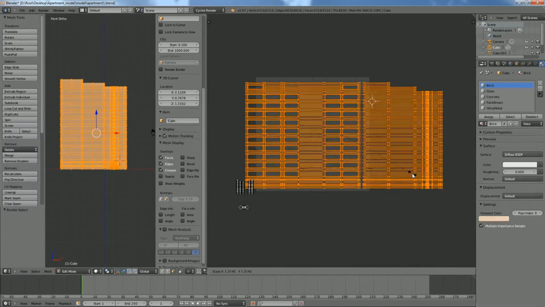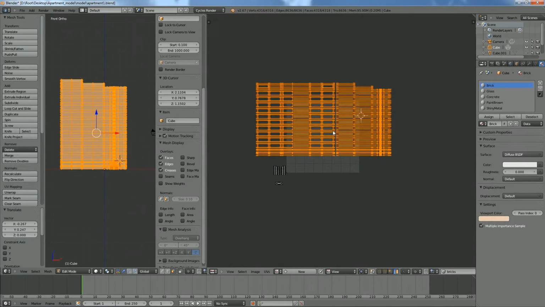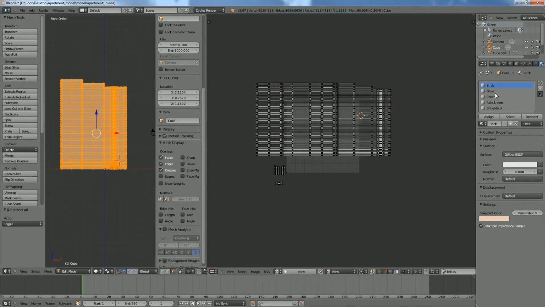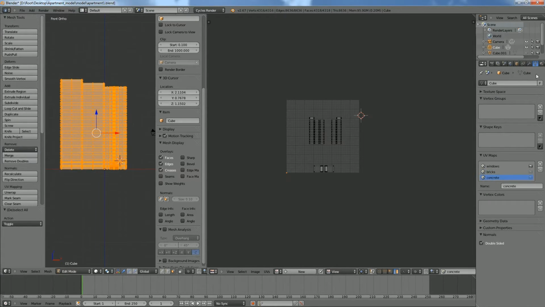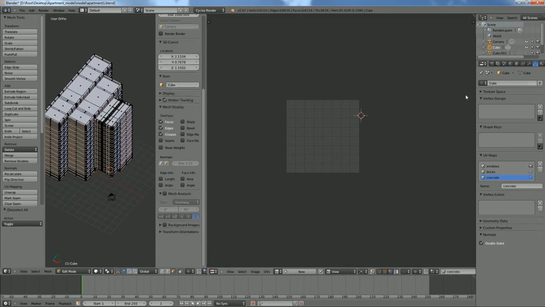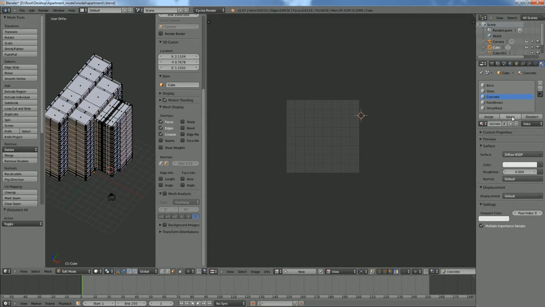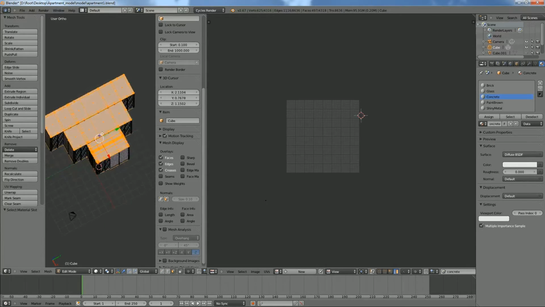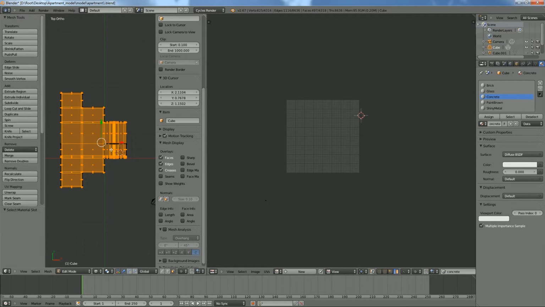So now all we have to worry about is the concrete. So we'll switch over to our concrete UV map, and we'll select everything over here. Let's move it out of the way. It doesn't really matter at this point. And then we'll go ahead and grab our concrete. We'll select that. We'll do everything from the top view. So we'll hit U, project from view, and we'll just select it, scale it up, something like that. And now we have to unwrap